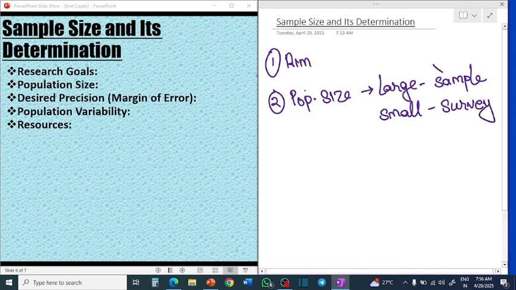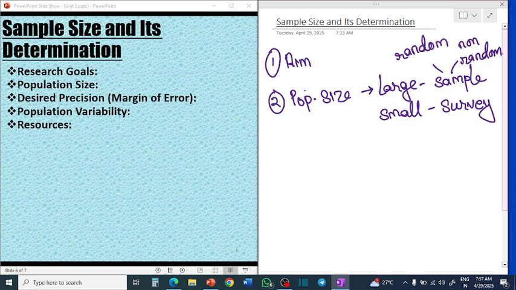Now in sample also, there are two types of selection. One is called random sample selection, and the other one is called non-random sample selection. In random sample selection, we randomly select the people whom we want for our particular study. And in non-random, we know the goal, and according to our purpose or our ease of doing the research, we select the sample. We will discuss in detail in the next topic.